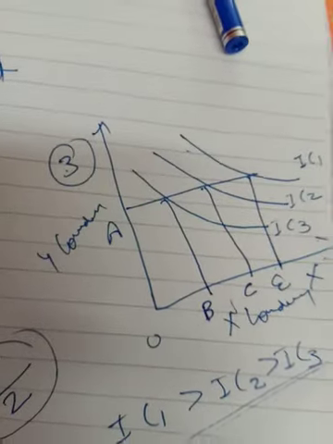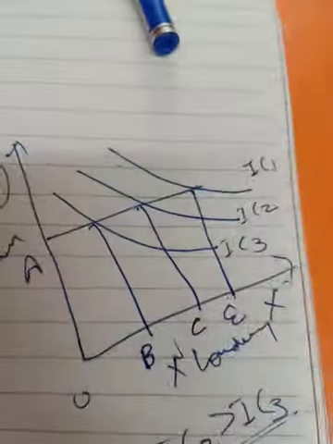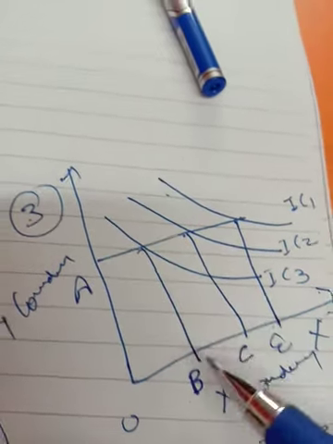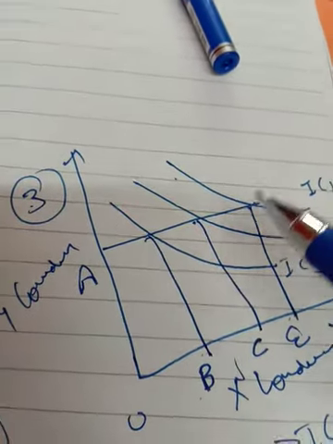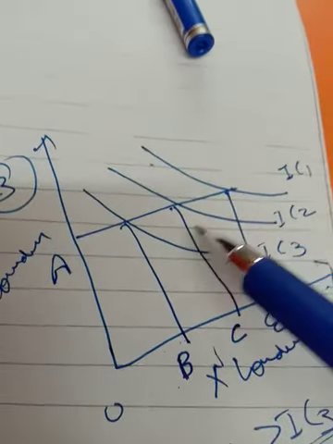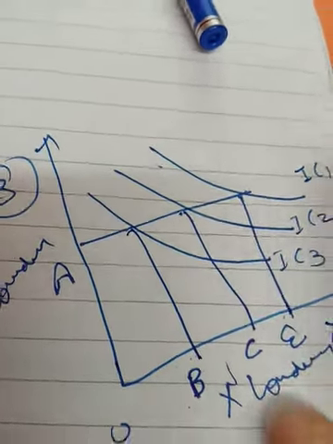This is the diagram you have to make. Now how will you explain this diagram? You can explain that, in the diagram, you can write down in your copy simultaneously: in the diagram there are three indifference curves which are known as an indifference map. A group of indifference curves is known as an indifference map.